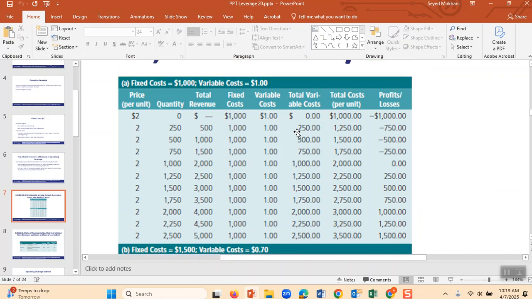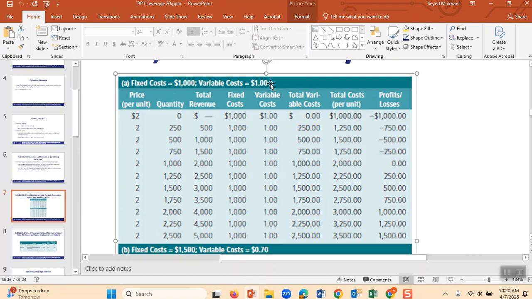Then I come here, and let's see what this is. This is an example of McDonald's. Do you see at the top is written fixed costs? The fixed cost of McDonald's, maybe it's rent and equipment, is $1,000. The variable cost for McDonald's is $1. That means for every Big Mac it sells, it has to buy materials. That's $1. And when it sells a Big Mac, it sells it for $2.